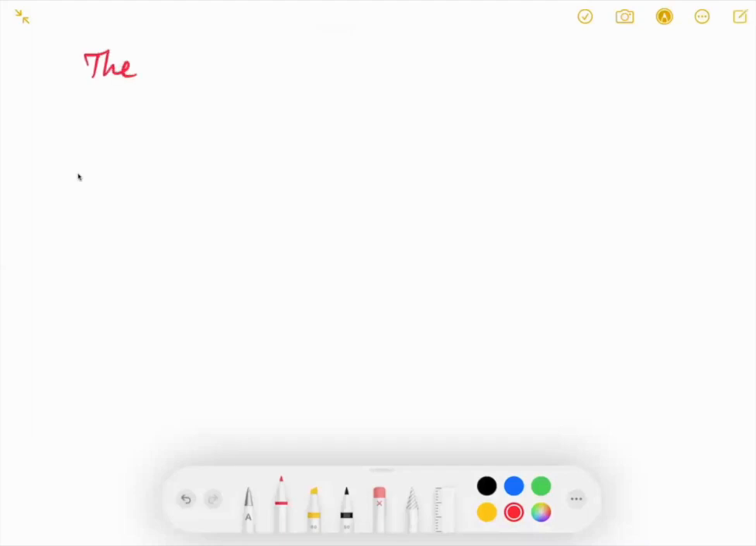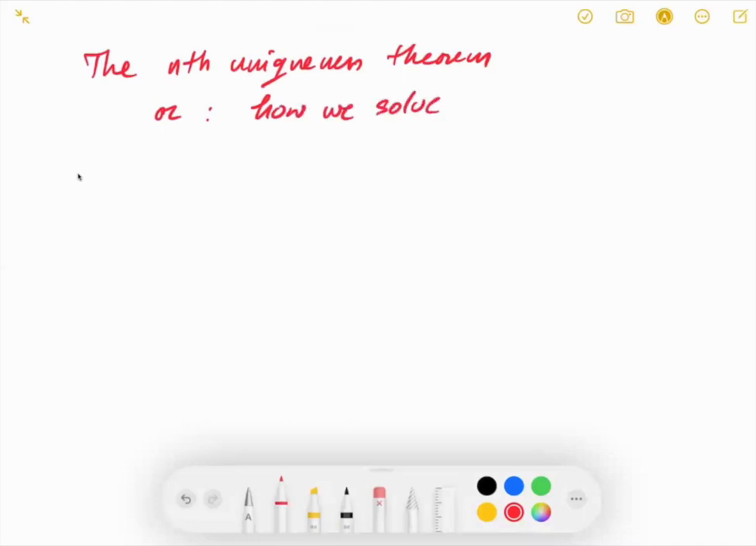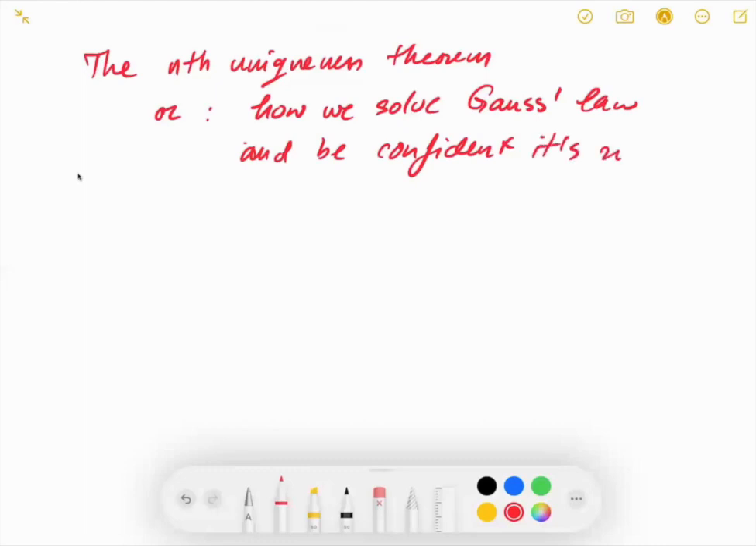The uniqueness theorem, or how we solve Gauss's law and be confident it's right. Okay, so what does that